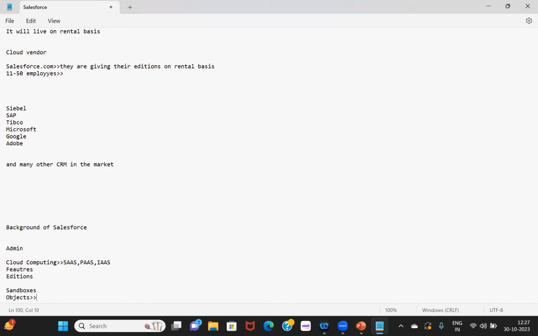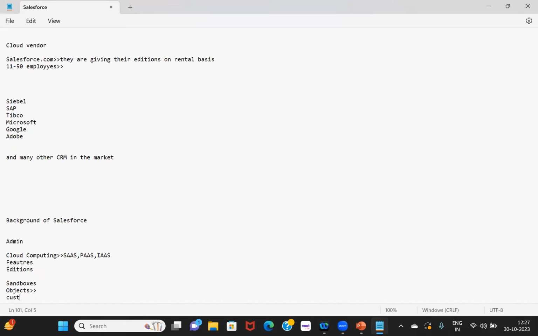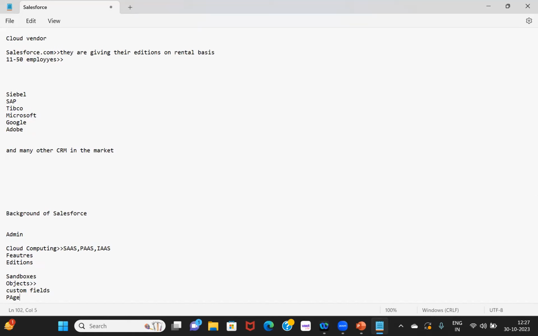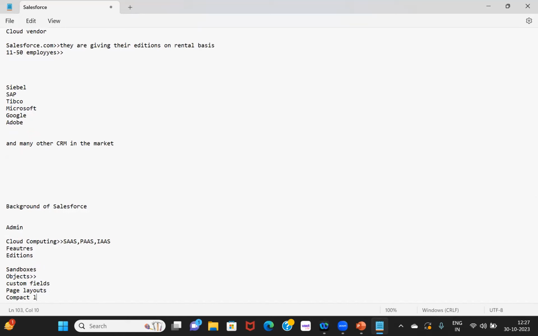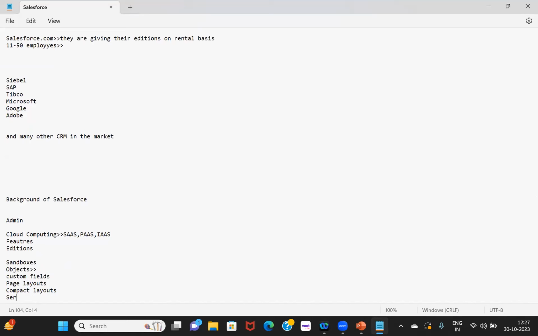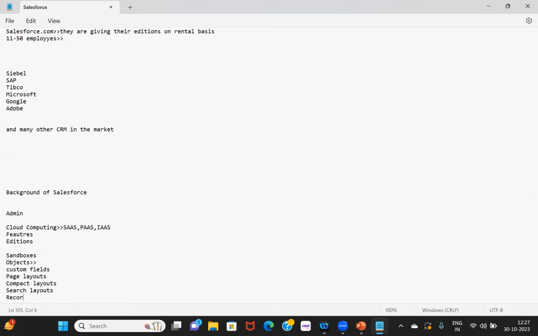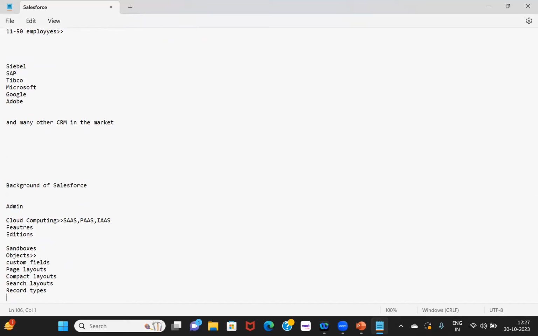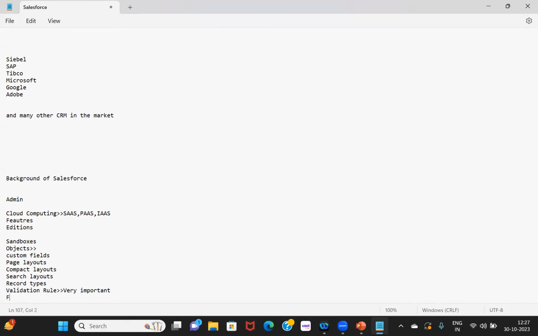Objects: we have standard objects and custom objects, custom fields, page layouts, compact layouts, search layouts, record types. I know for a few of you these topics you have listened to for the first time, but these are the topics that you are going to cover. Record types, validation rule, very important. A lot of real-time scenarios are there in this. Formula field,